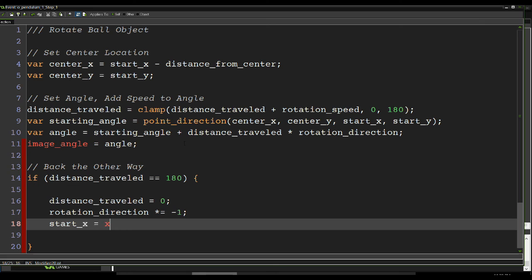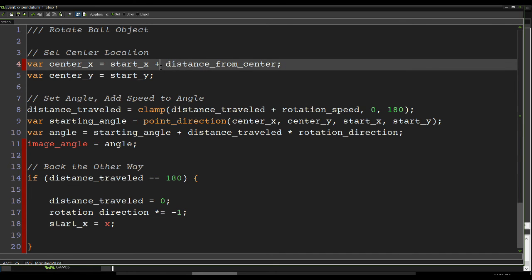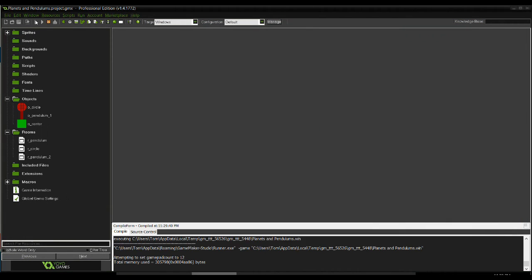When we go to calculate our center X, we'll be then subtracting our distance from the new X, thus constantly moving left and left and left. So instead, what we want to do is add the distance from the center based on our direction. If we close this out and run it,